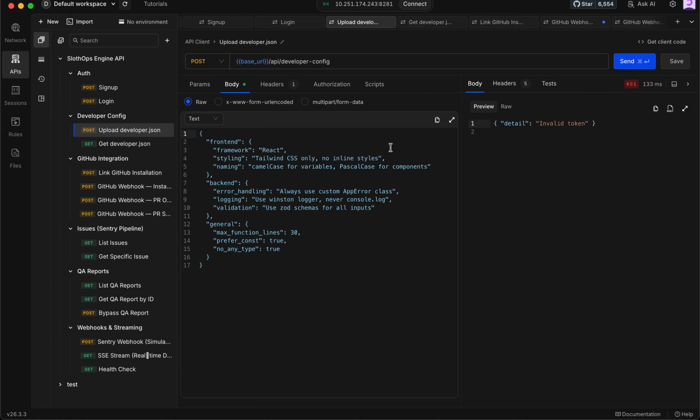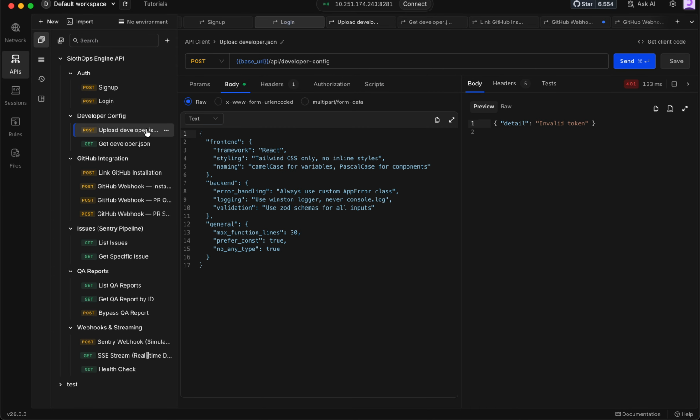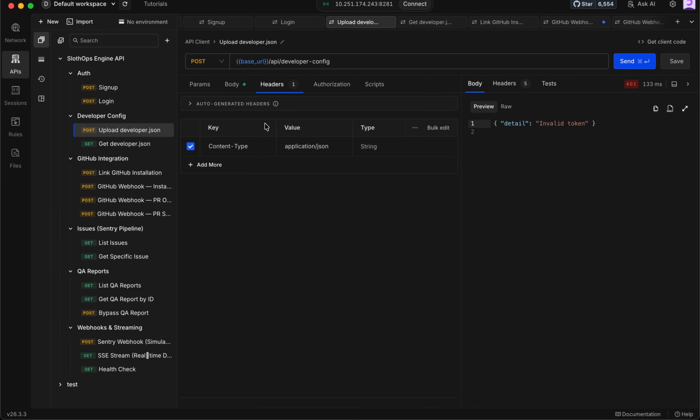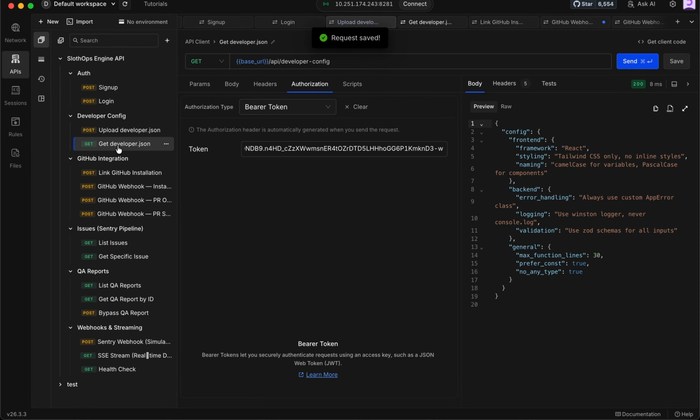We can do it once more, but the token is invalid. We can go for a login. The token is here, and we simply copy it. We can fire it. We go to the header authorization, where the token goes. Sorry, we change the token, send it, save. After that, we can go for the get developer JSON, where we get back the developer JSON which is pre-uploaded,